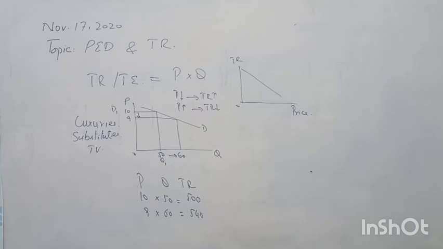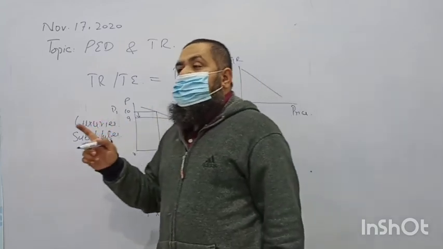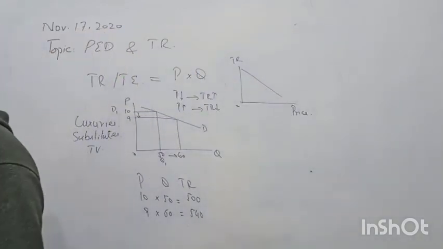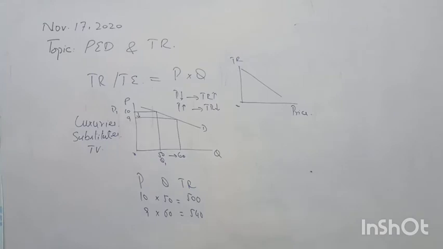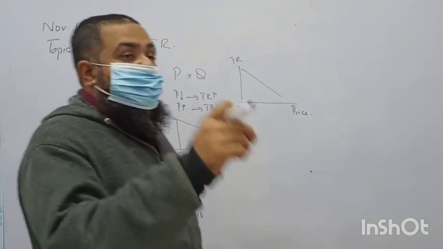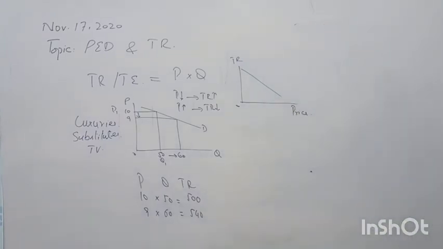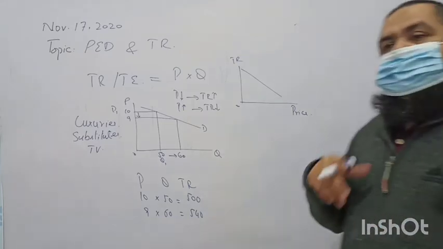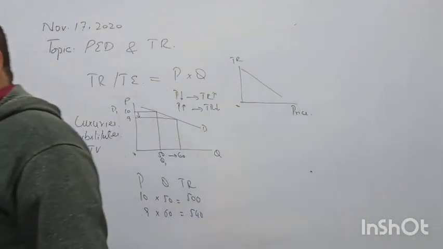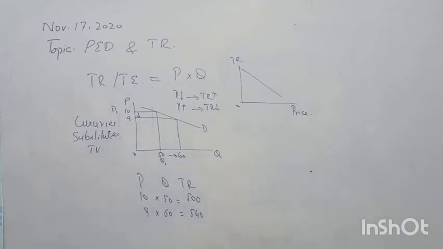What I said: when there is a slight decrease in price, more demand responds to this change in price of the product. So when you are dealing in a product in the market in order to sell it, and there are so many competitors also selling the same type of product, what you have to do is, if you decrease the price, your total sales revenue will increase. Our school fee structure is lower than the competitors, that's why our revenue will be increasing. We have to apply the concept.